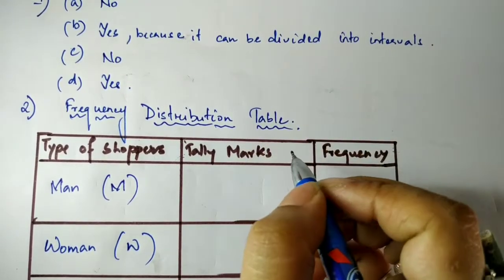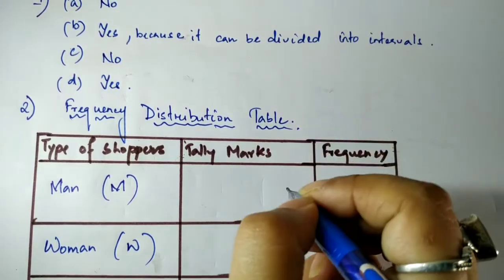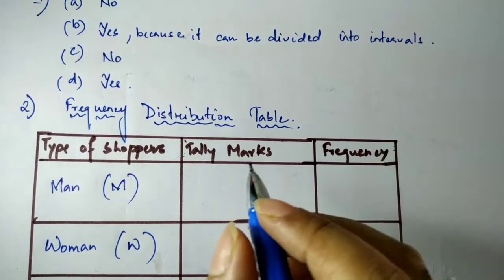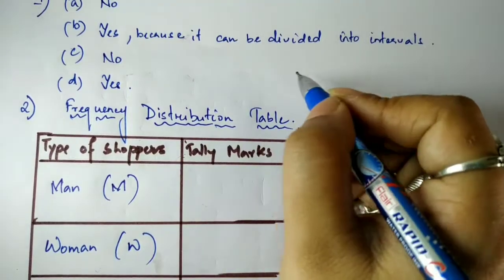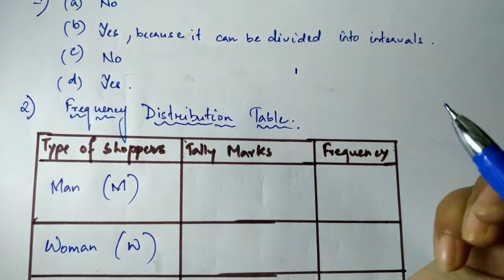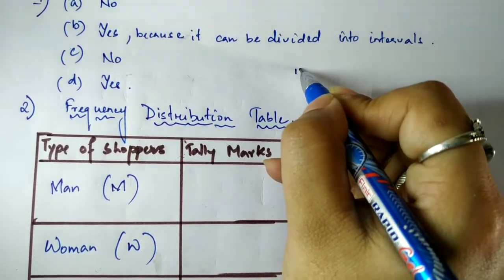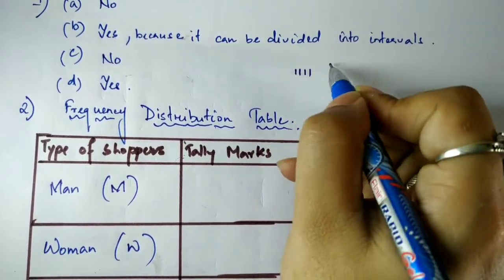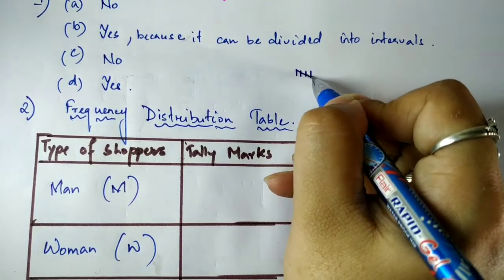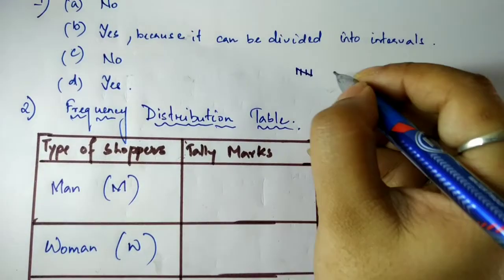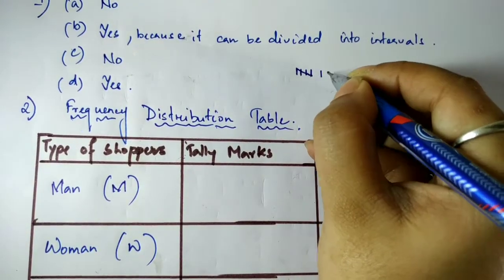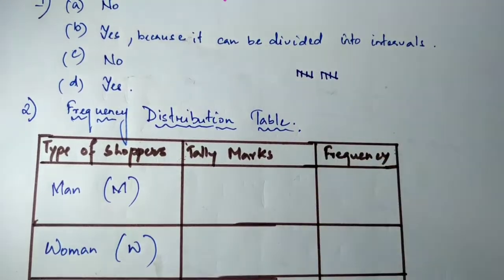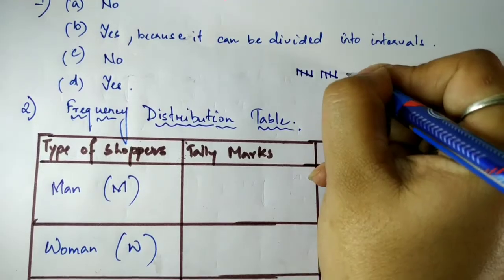Second is tally marks. Tally marks means we will see how many women and men there are, and when we count we will mark it as tally marks, which look something like this. I'm using this small space. Suppose 1 will give a small dash. If it is second one, I'll draw another one, third one, fourth one, and for the fifth one I don't draw another line, I draw it as this. This represents the fifth one. Again when there is 6, I'll continue 6, 7 like this, 8, 9, 10 comes like this. So this means it's equal to 10.